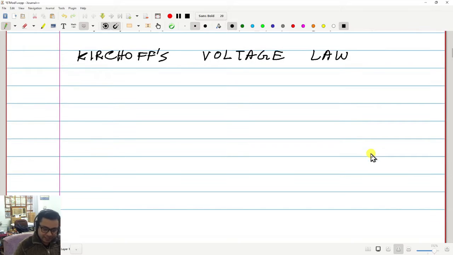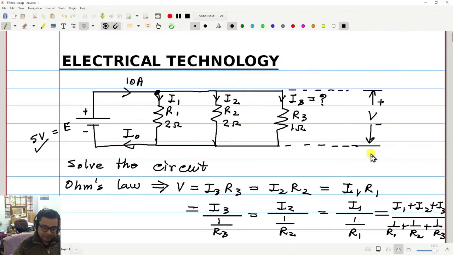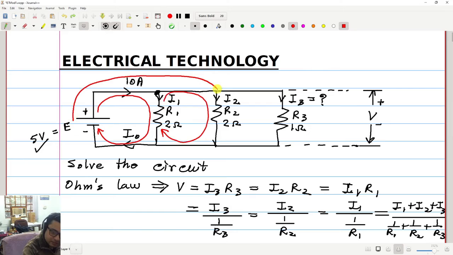What does that tell? It tells that in any circuit, for example in this circuit, if you consider any circular path or loop, for example this is a circular path, and you add all the voltage rises from one point to another in a closed path, then the total voltage rise in a closed path should be 0. That is true in any other loop, like this loop, or a loop like this.